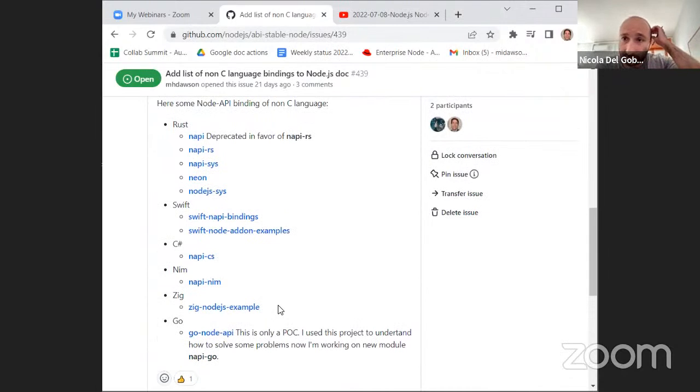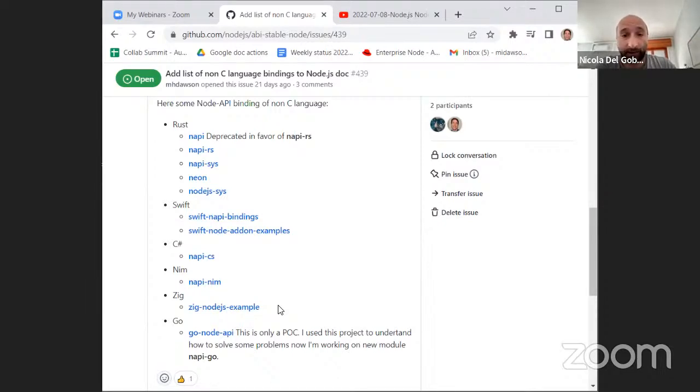If you want to create a binding in one of these lists, yeah, I prefer to share something that is more robust. For example, napi-rs that is used to create a lot of native add-ons. Like Neon, for example, and